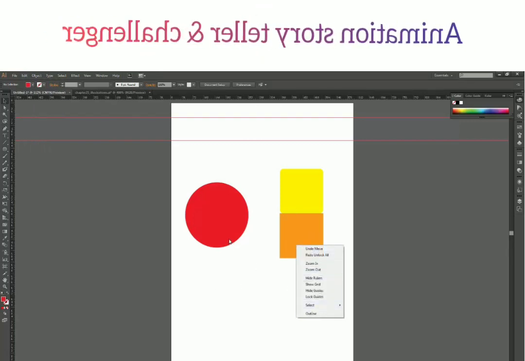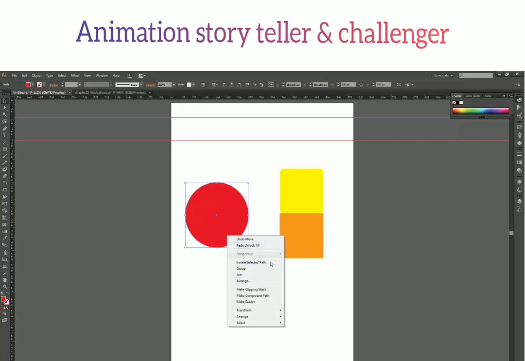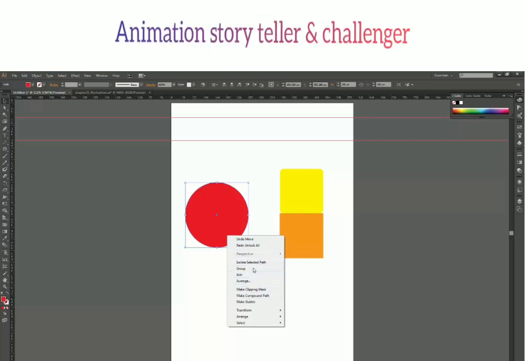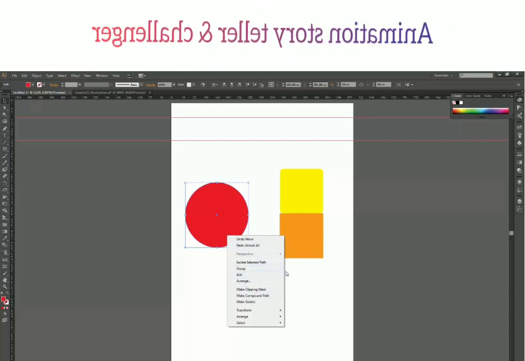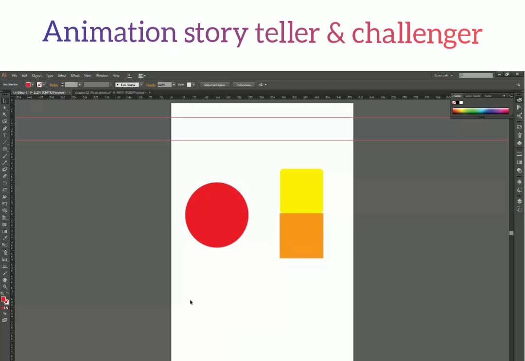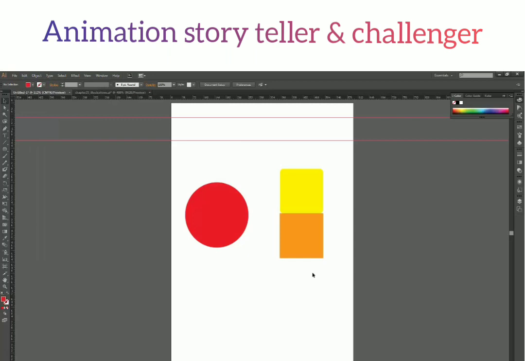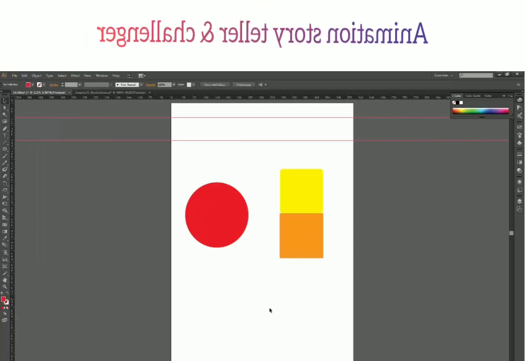No, unlock all is not available in right click, and even hiding and locking is not available. So in right click we have only group and ungroup, but if you want to lock and hide, you can either use keyboard shortcuts, or you can go to object and use these options from here. So I'm just gonna press Ctrl Alt 2 to unlock all these shapes.